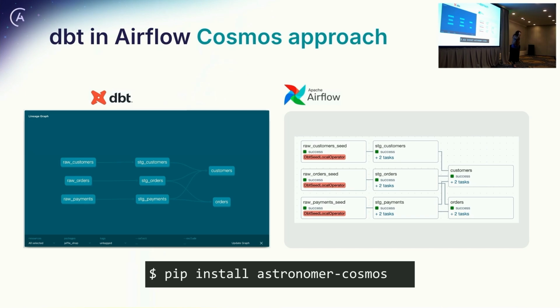This means one dbt seed, one dbt source will become an Airflow task. And this helps many people. So let's say you have a DAG original project that has thousands of dbt models. Some of those transformations take longer than others, and you would like to have the flexibility to, via Airflow UI, be able to retry a single task if that fails, while keeping the other ones, not having to rerun models and things. So this was one of the motivations.